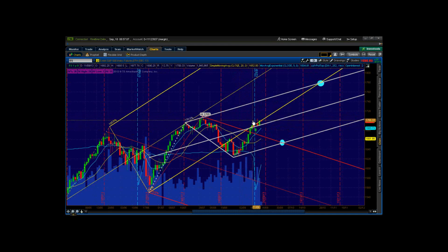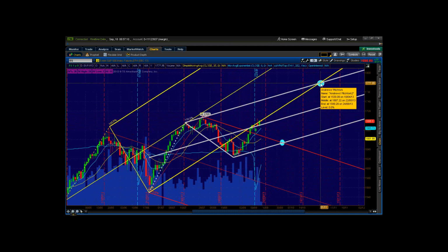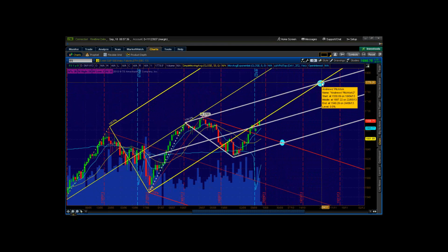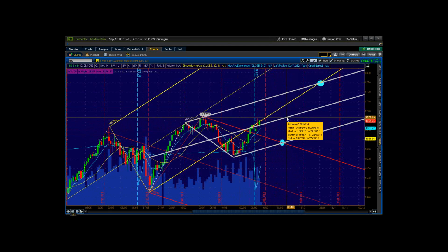through the line. Two energy points you want to watch. This one right here at the 1778, 1779 area. If we hold above the center line, we have a probability of going up and testing the upper line of the modified, and that will give us a pop up into the 1740 area. But if we continue to keep rising, we've got an energy point up here at the 1778 area. Of course, if we fail today and we get back below the center line of the modified fork,